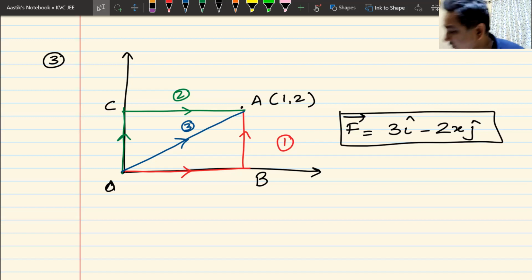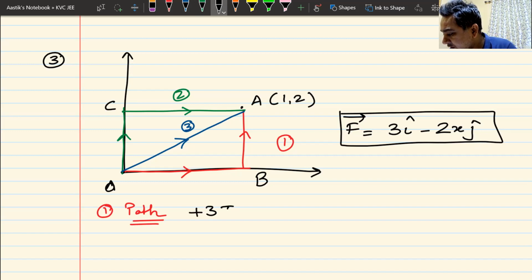So that was the question right now on your screens. How are we supposed to do it? Let us first do it for path number one. Anyone got the answer for this? Yes, beta. Tell me what is the answer. Plus 3 joules is the answer I've got. Okay, let me see if I get the same answer. Important thing is not to get the answer. Important thing is to do it in the correct way. Tell me how you have done it.